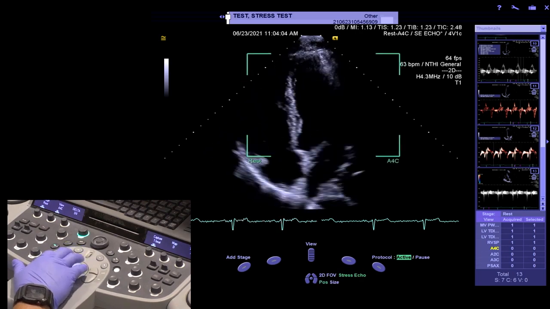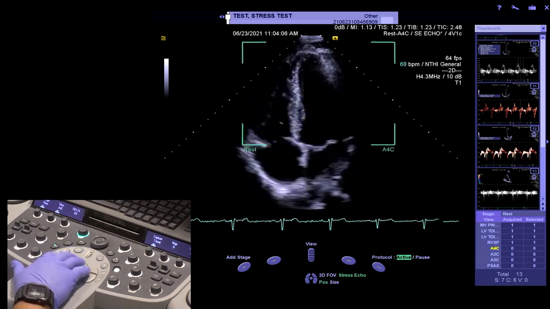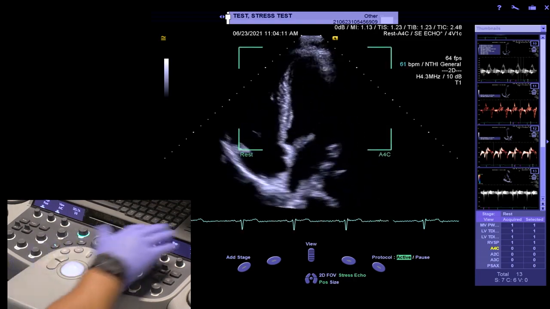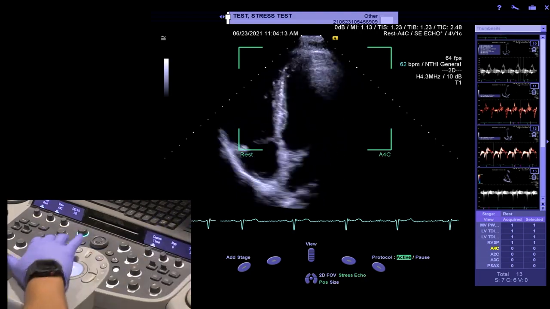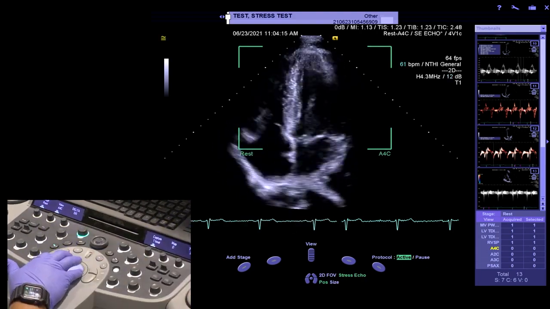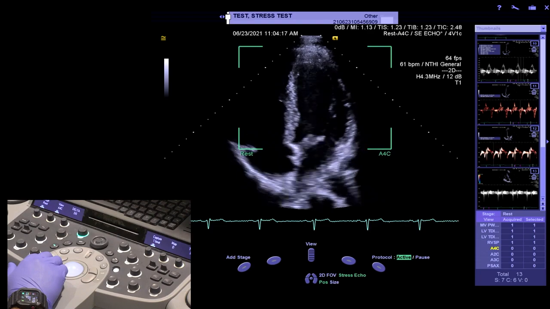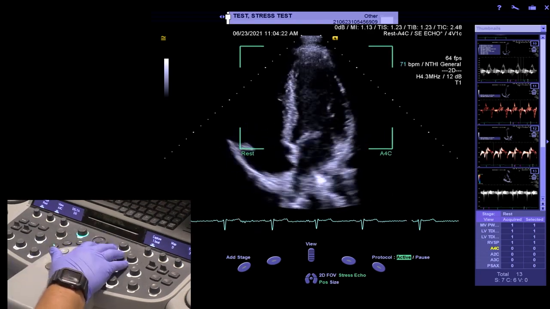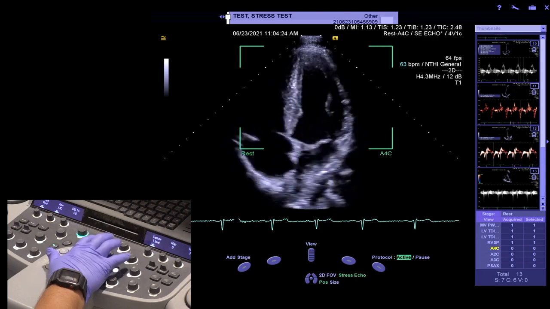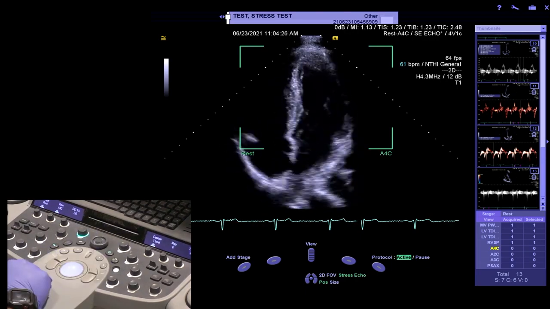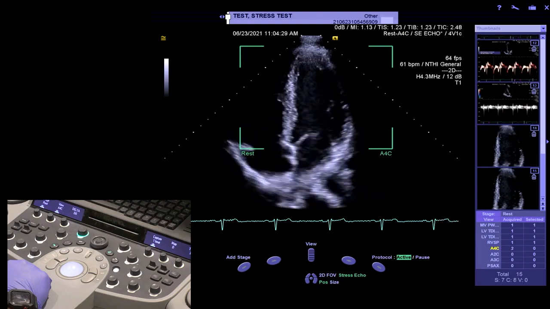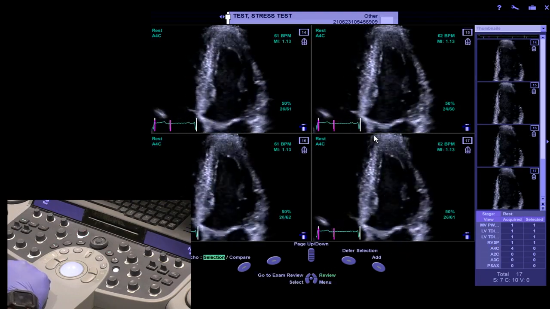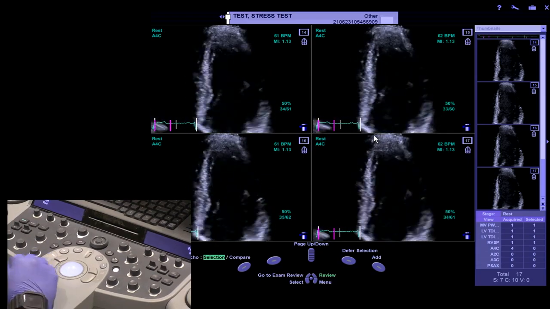We will then, once we move to our apical images, actually need to adjust our box over the said LV images, because the region of interest box will only acquire what is inside of the box. So we will ask our patient to hold his breath, and we will hit acquire of a live image. Once it's acquired, we can tell our patient to breathe, and it prospectively